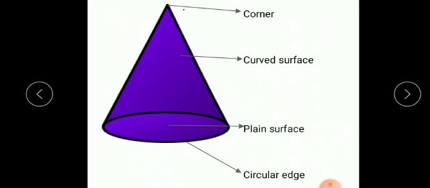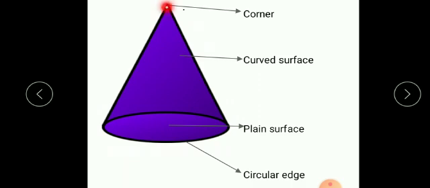First one is, let's see how many corners are there in a cone. See this figure. This is a figure of cone. While drawing cone, first you have to draw a triangle and after that draw this circular base. Now see this point.